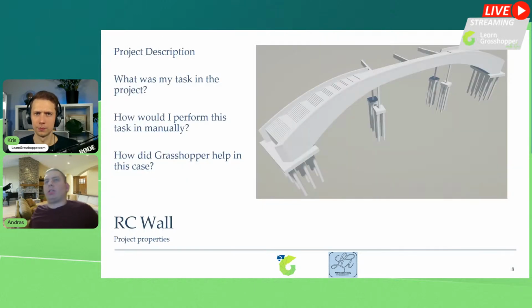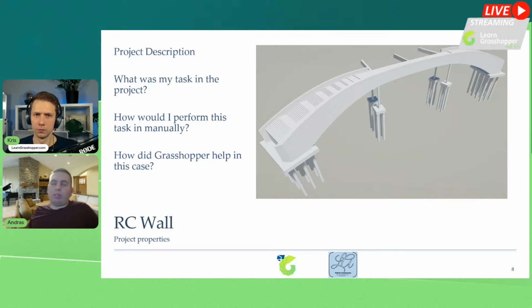The first project was a concrete wall. In this project, I used the Grasshopper and Tekla LiveLink connection for the first time to model rebars. The geometry of the bridge wall was complex, both in plane and cross section. Unfortunately, the Tekla bridge creator did not help. So due to its complicated shape,